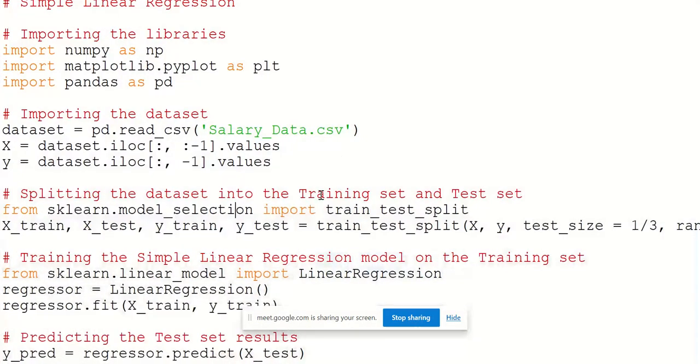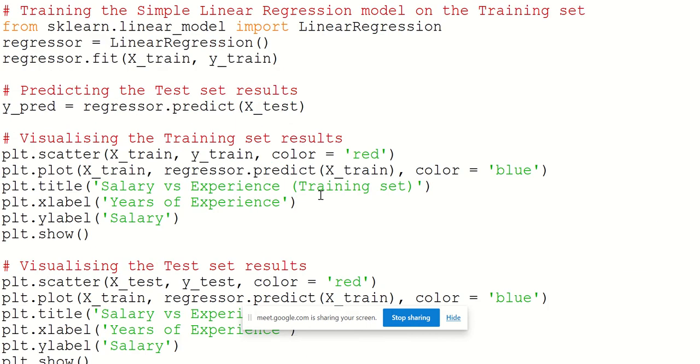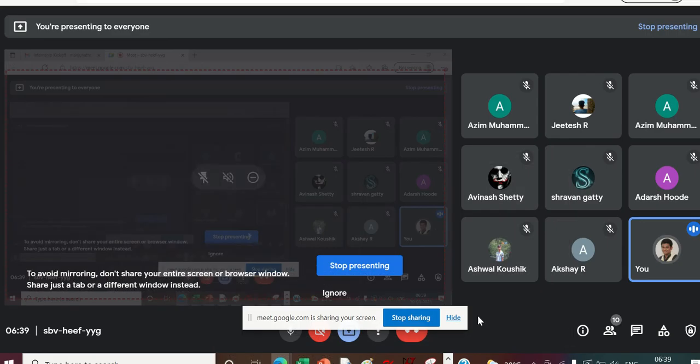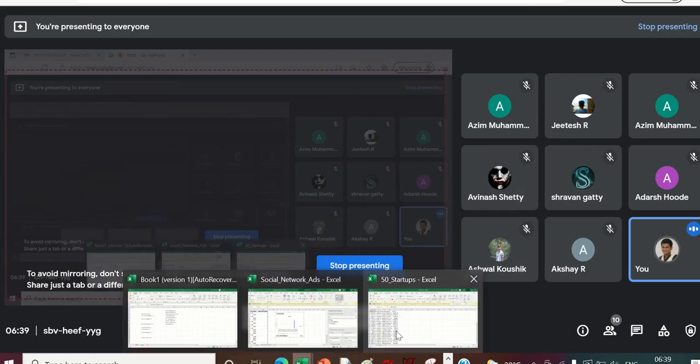So we will start with our first step where we have the data. This is a data set, salary data.csv, and here what is this data set?